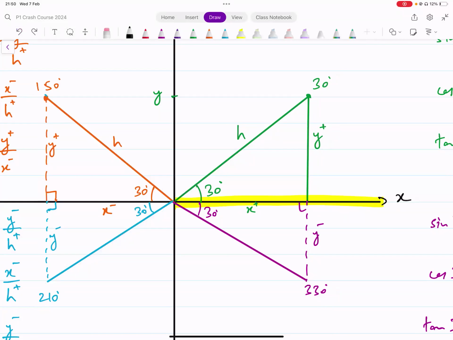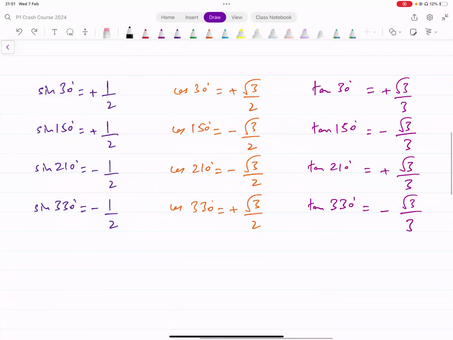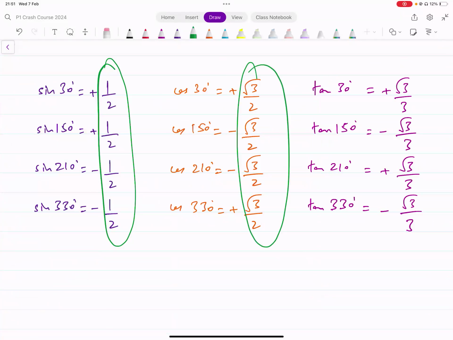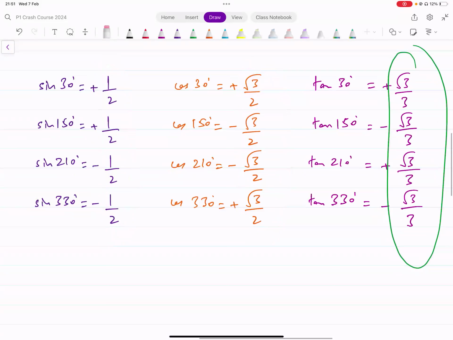So if the basic angle is the same, the magnitude of sine turns out to be the same for all of these angles. Magnitude of cos turns out to be the same for all of these angles. And magnitudes of tan turn out to be the same for all of these angles as well. So what we understand from this is,